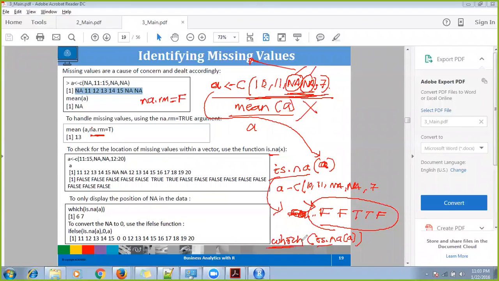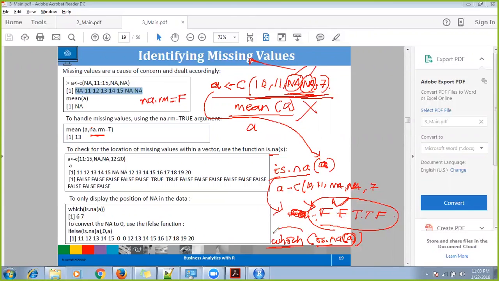It will return the indices where is.na is TRUE. So is.na of vector A returns FALSE, FALSE, TRUE, TRUE, FALSE.